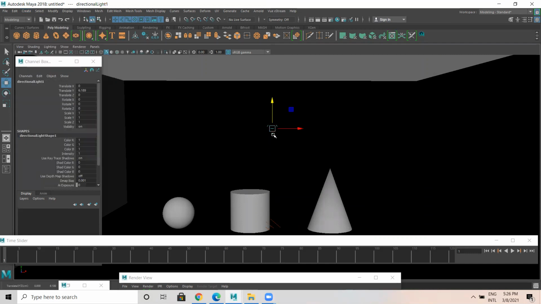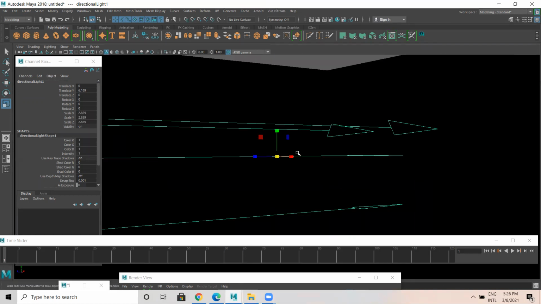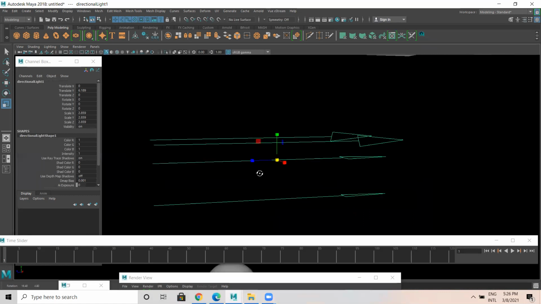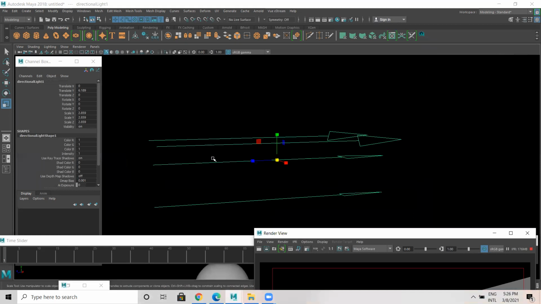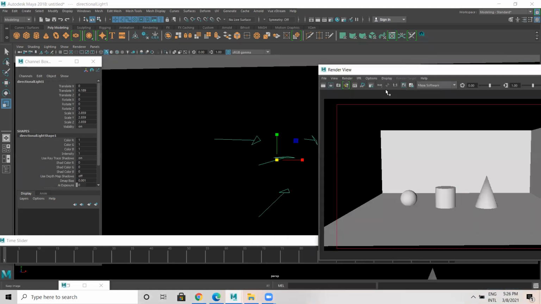When I create direction light, it looks something like this. The direction is something like this.